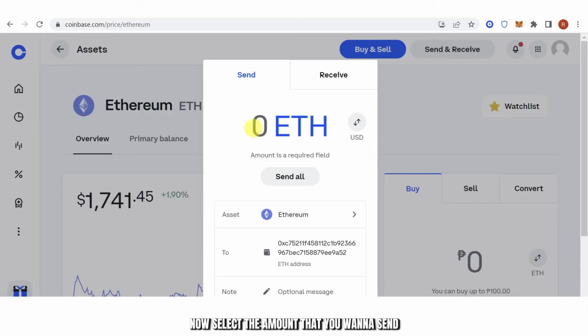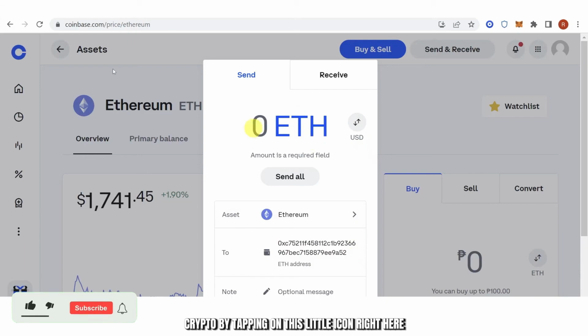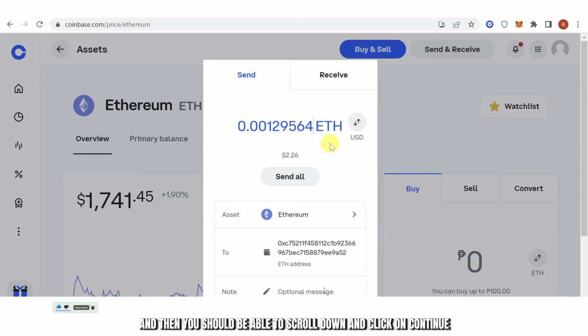Now select the amount that you want to send. So you can switch between USD and Ethereum or any other crypto by tapping on this little icon right here. Now if you want to send all, tap on Send All, and then you should be able to scroll down